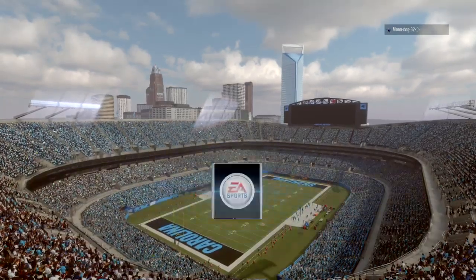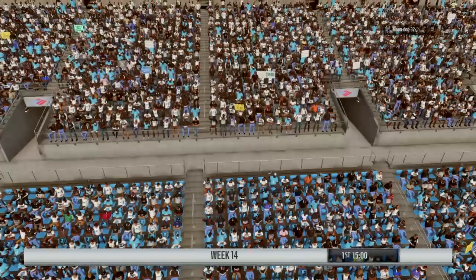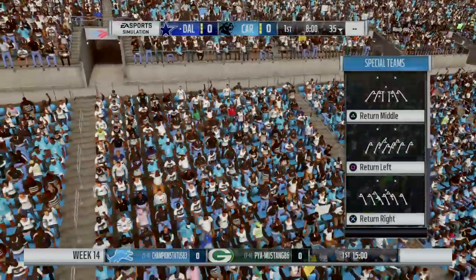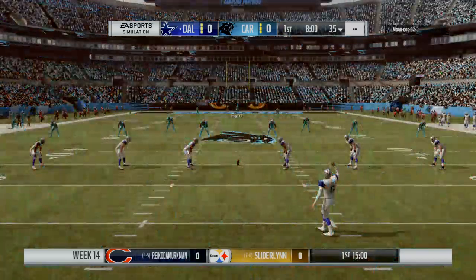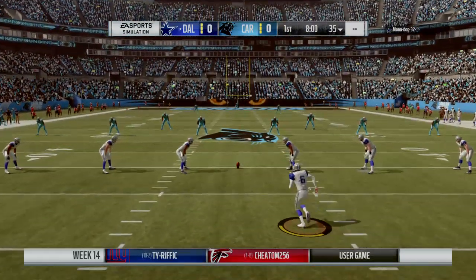EA Sports coverage of the NFL finds us at Bank of America Stadium in Uptown Charlotte. The scene a few moments ago, here it is. It's unlike any other in sport as both teams made their way out of the tunnel. These folks are fired up as their guys are ready to do battle between the Dallas Cowboys and the Carolina